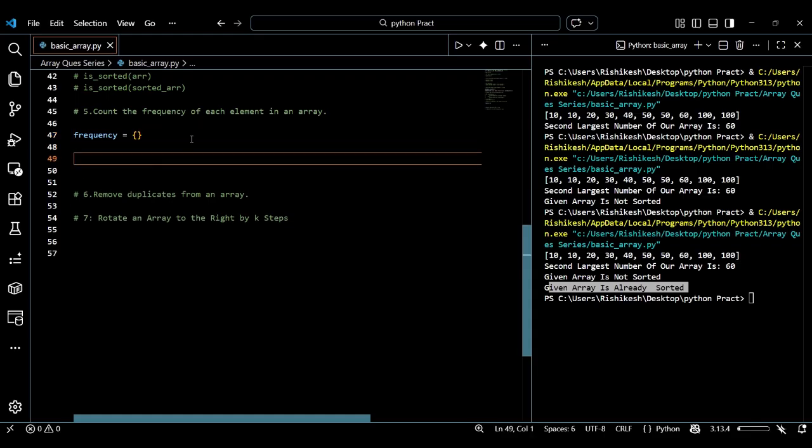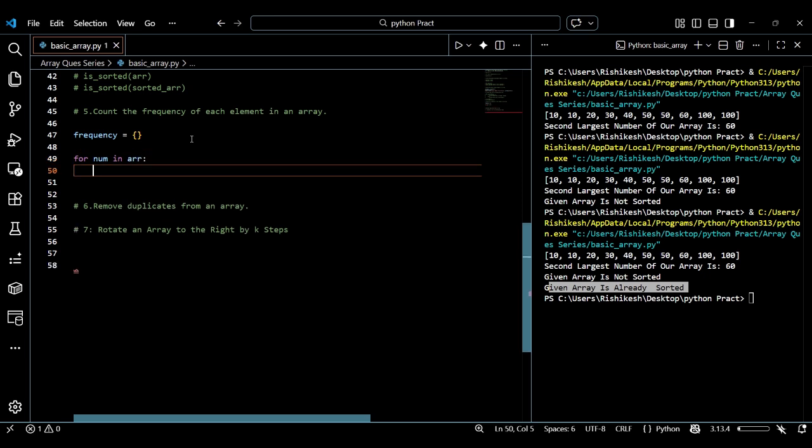So now what can I do? For num in array, which is already defined,